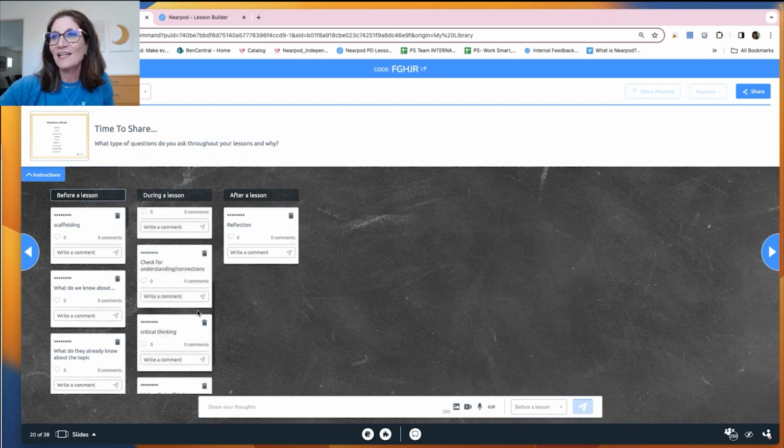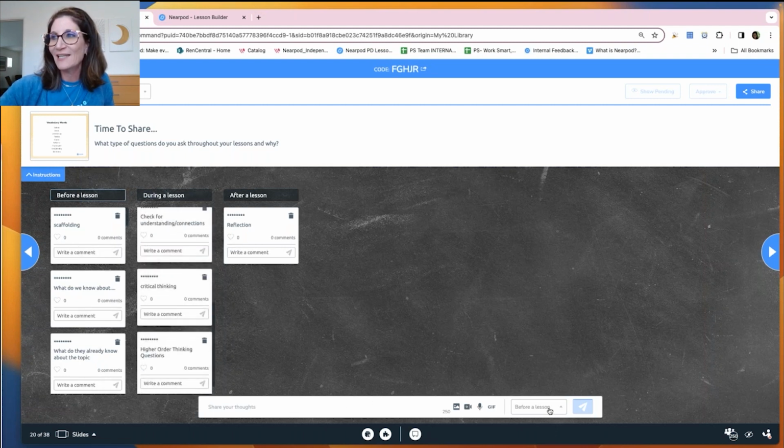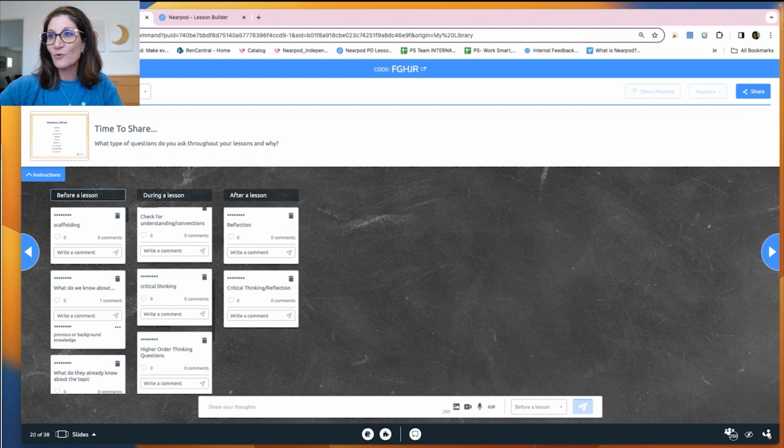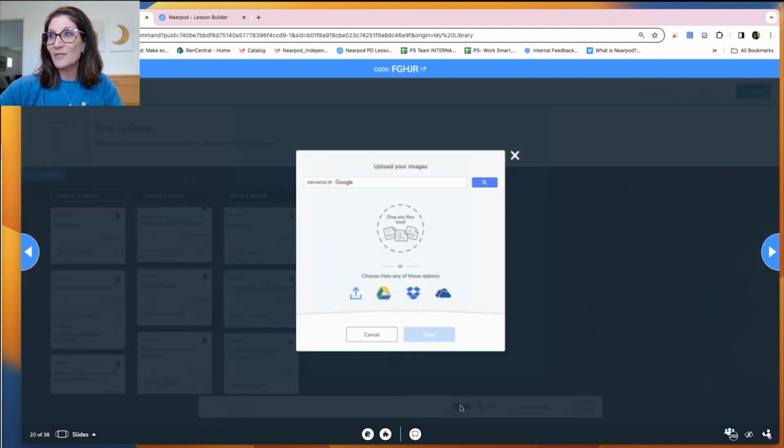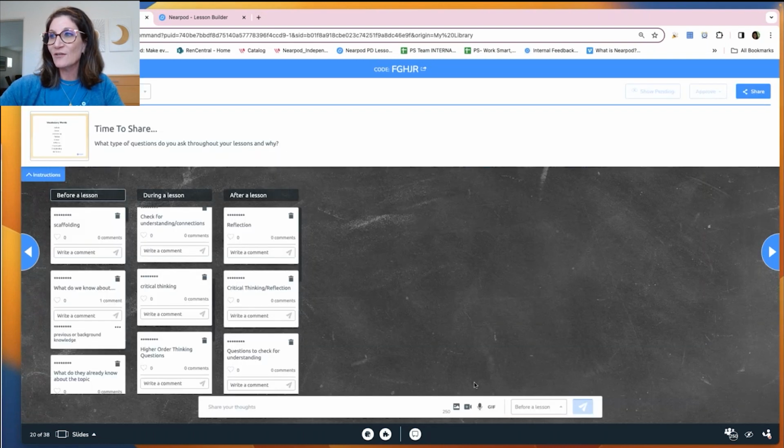You would have to delete it, and you would just have to go back and put it again and make sure it goes under the right column. And then also notice your immersive reader is available to you to help you with this question. Or if you want to respond in a different way, if you want to respond with an image, you can choose an image. You can choose a video. You can speak your response, or you can put a GIF